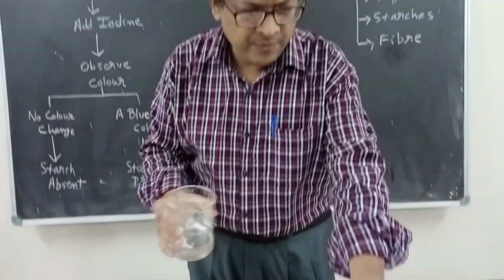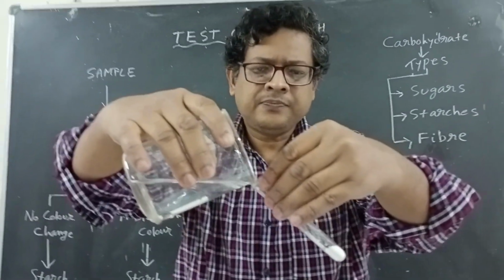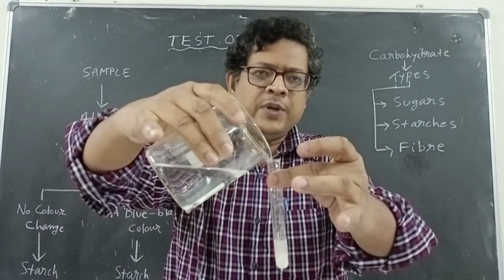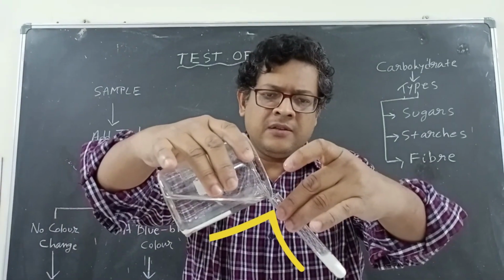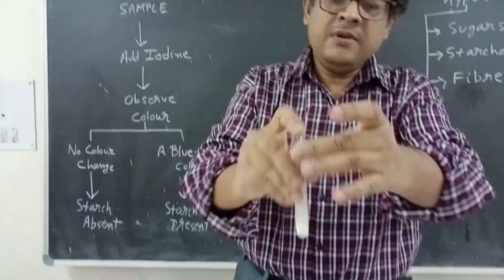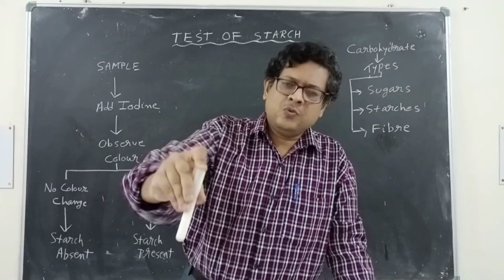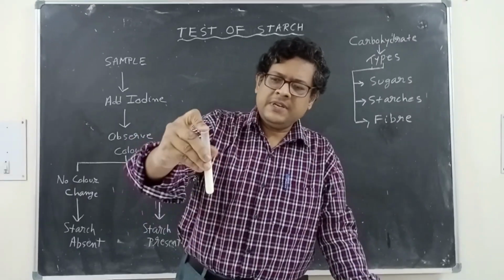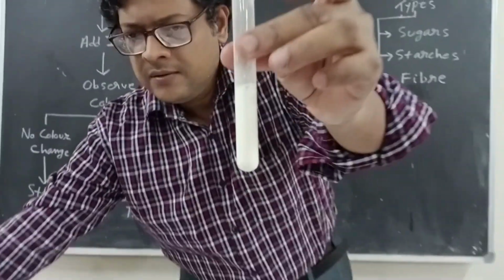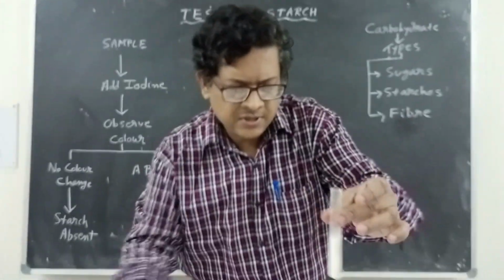Now to make the solution, I simply pour the water inside this test tube, by making an angle. Never pour in any other way. Always make an angle. So, a very little water. Okay, fine. Then I simply shake it to mix the starch with water. Then you can see the color. I hope you can see the color. It is white and turbid.